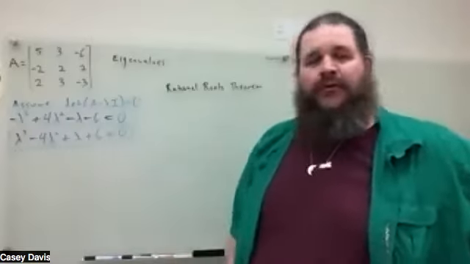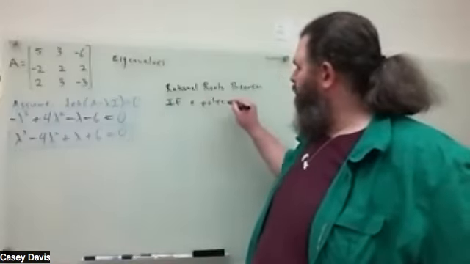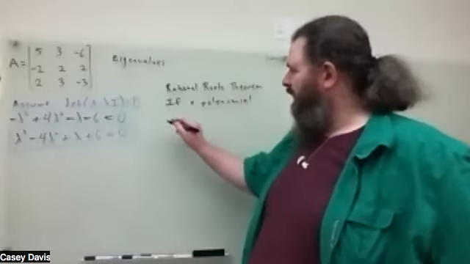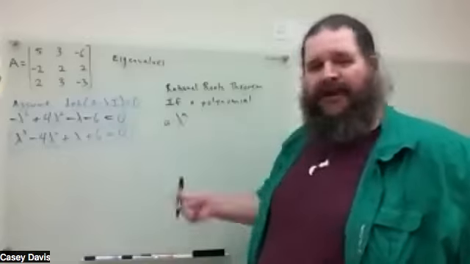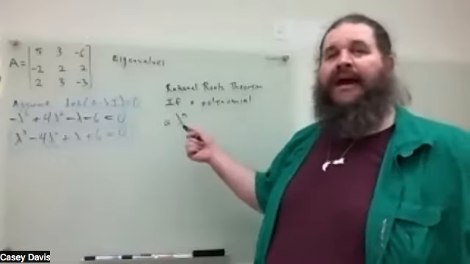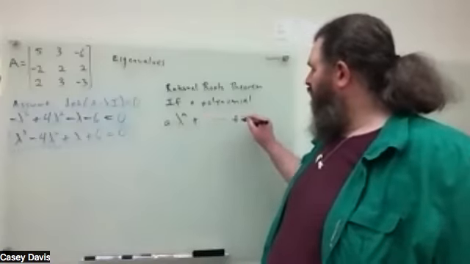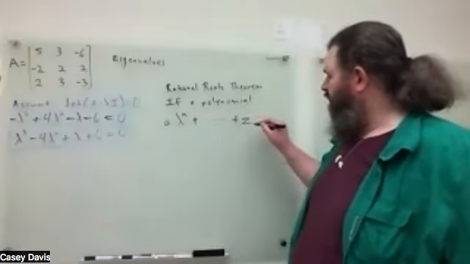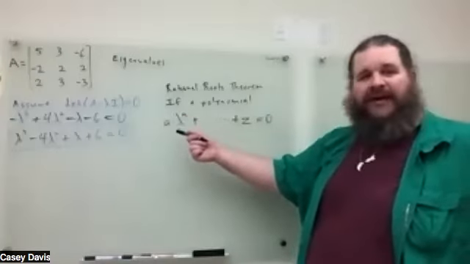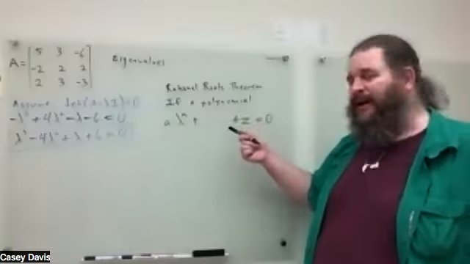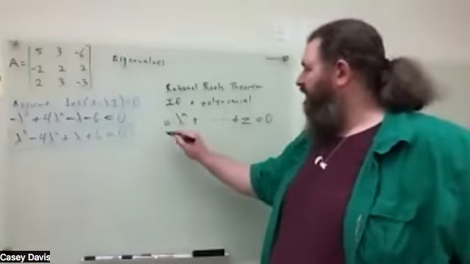But say the polynomial is a times lambda to the n, being the degree, so the highest power of lambda, plus a bunch of other stuff, ending with some constant z. If this has any rational roots,